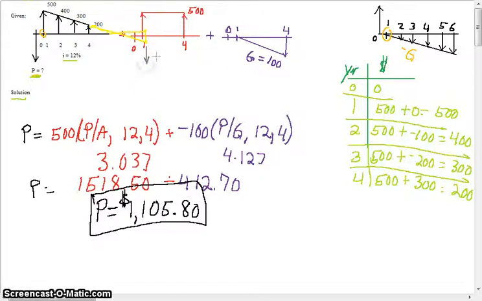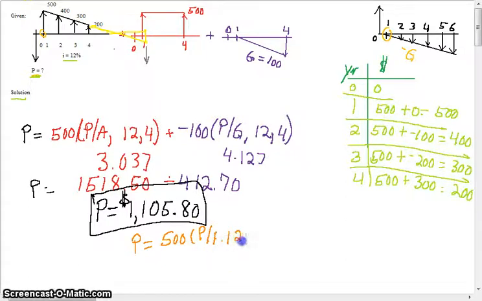All right. One other side comment: you see we've come up with all these different solutions of solving these different series, whether they're uniform series or gradients. We always have the option of solving these problems with just using our single payment method, which is find our present value given a future value. And we could do that in this case. We could have written real easily a long formula of find P in this case, and I'll just start writing out some of it, 500, right, which is a future value. Find P given F